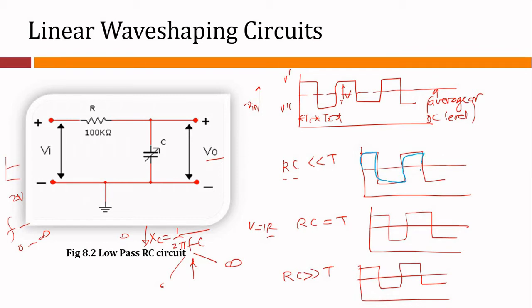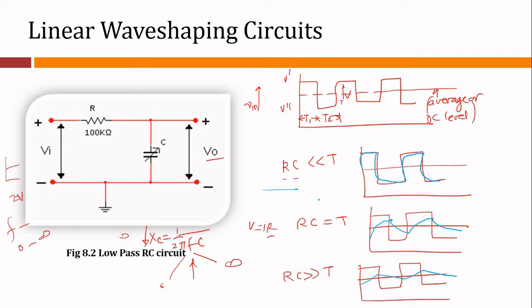This output right now is not as per scale, but you can refer to the simulated output that we have shown in the further slides. And if RC equals T, this is what we are going to get. And for RC very much greater than T, this is the output waveform. So basically what we have achieved here: the input signal is the same, the output signal has undergone a change in the wave shape. And how is it accounted? By changing the value of R and C.